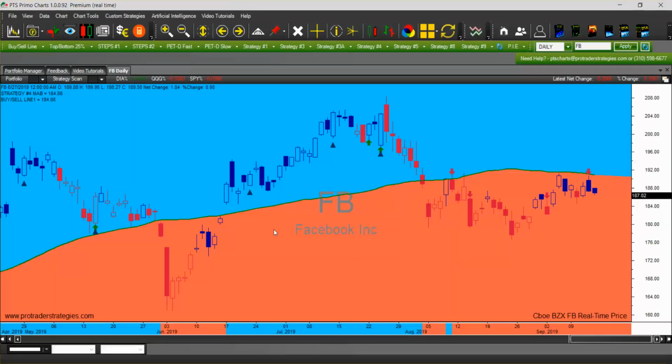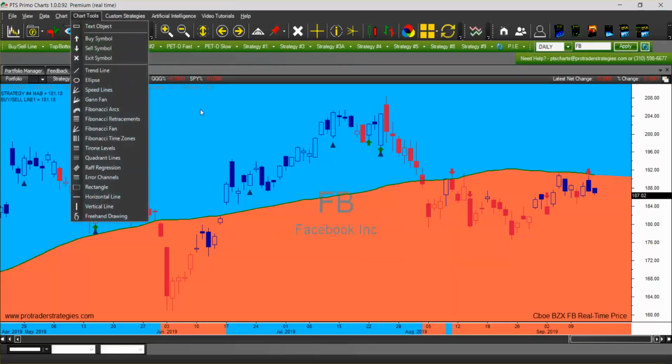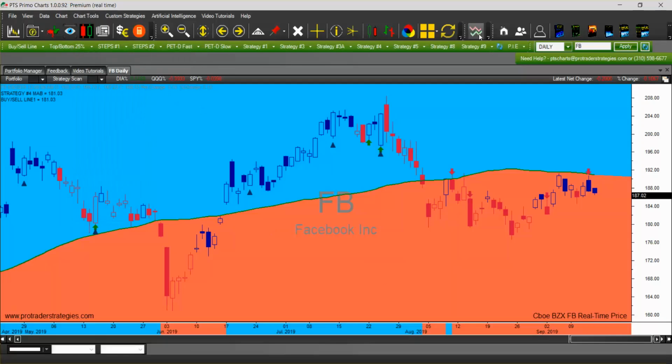There are different chart tools that you can use with your chart. Some of them are under the menu, Chart Tools. And from the plus sign to the zigzag lines, all of these are icons, tools that you can use with your charts. The most popular ones like the crosshairs, the information box,